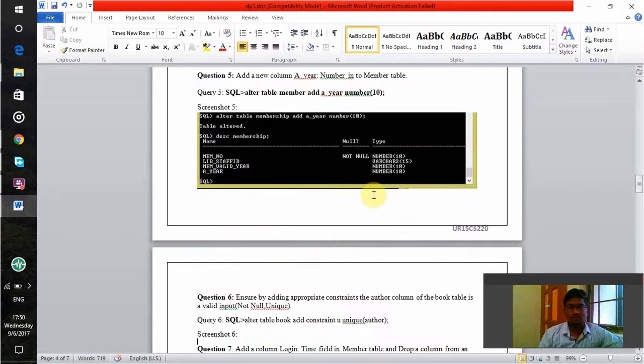And fifth question is add a new column a year number in the member table. So the command is alter table table name, add a year number of size 10. So already for the given table, this a year column has been added with the attribute